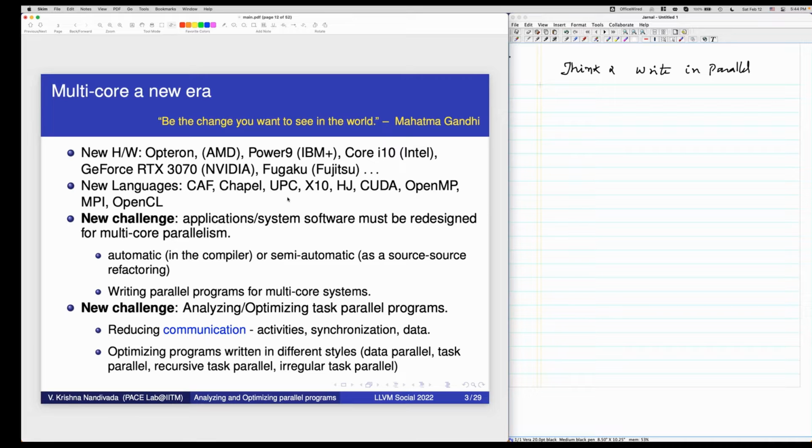So the new challenge here is that now we want to analyze or optimize such parallel programs. If you look at your own architecture book, or any book on optimization, or Hennessy and Patterson's architecture book, they will say the biggest overhead in any program is... if you want to execute a program, what's the biggest overhead?